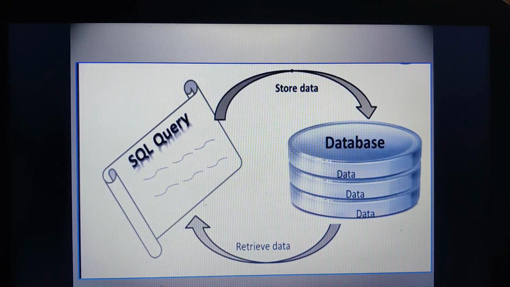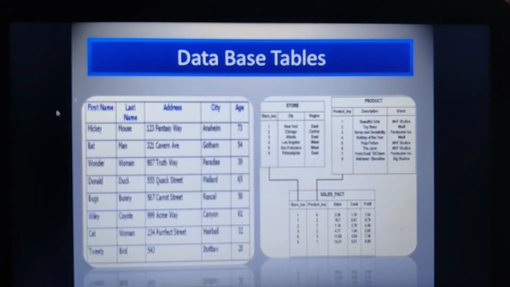Am I right? So SQL is a language that is used to store, to fetch, or to manipulate. Manipulate in the sense it can change the contents in the relational database, where the data is systematically stored in the form of tables, in the form of rows and columns. So this is nothing but an example of a relational database where the data is stored in the form of rows and columns in the table. Understood?